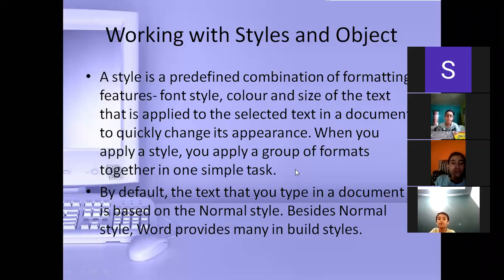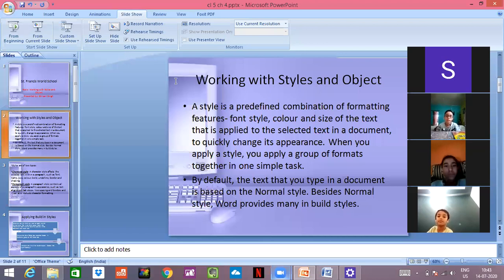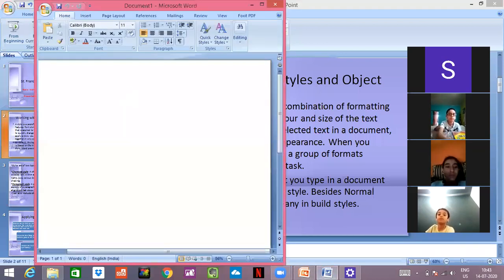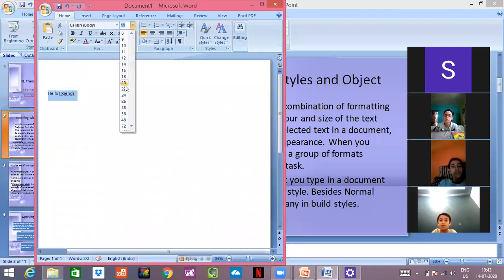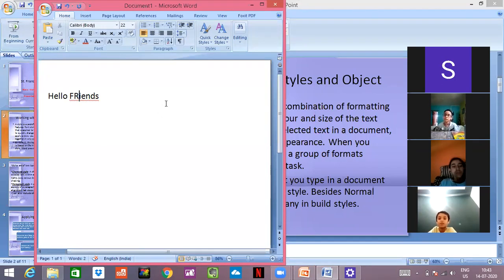For example, I'll show you. See, this is your Word. You all are able to see. I'm writing here, hello, friends. By mistake, I'll make it more visible. Now, by mistake, I have written R capital, but I wanted R to be small. So what I'll do, I'll put my cursor here, I'll click on the backspace key and I'll write. So my mistake is corrected without any problem and nobody is able to see.